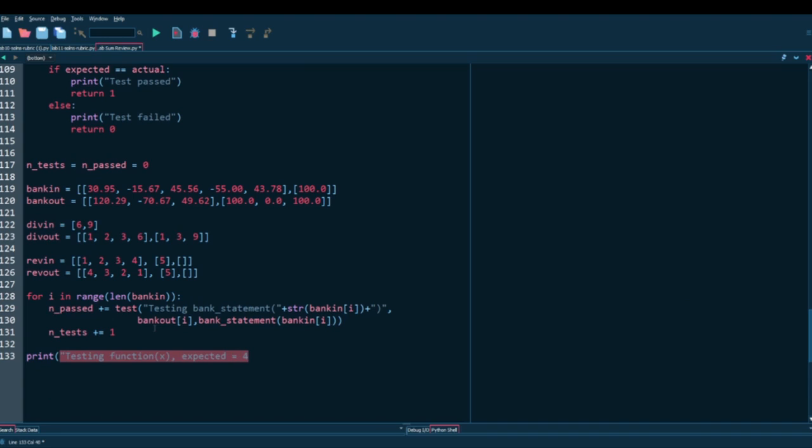Because this is manual testing, not automatic, you're just going to hard put the number in. So you do expected equals 4, and then a comma, then actual equals, and then you call the function here, function x. So that's manual testing right there.